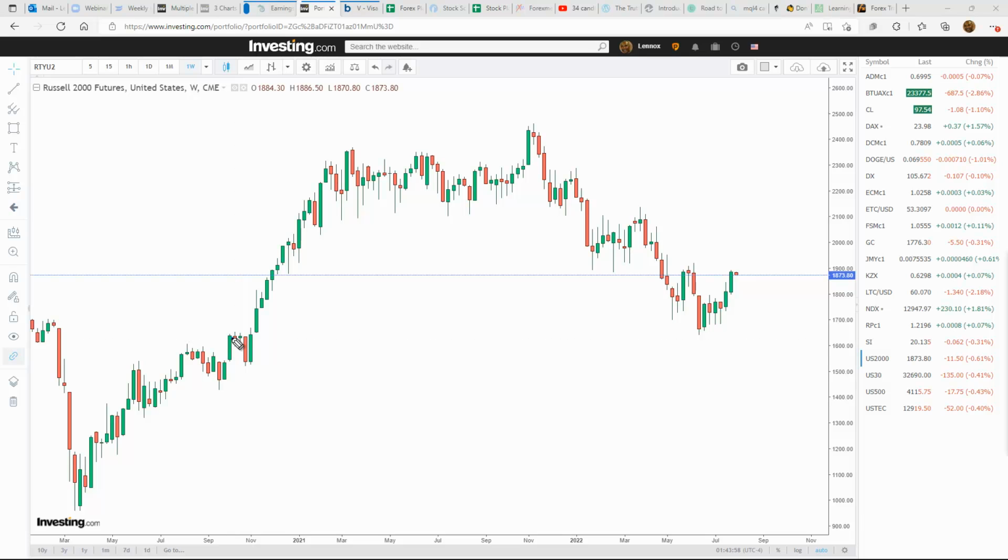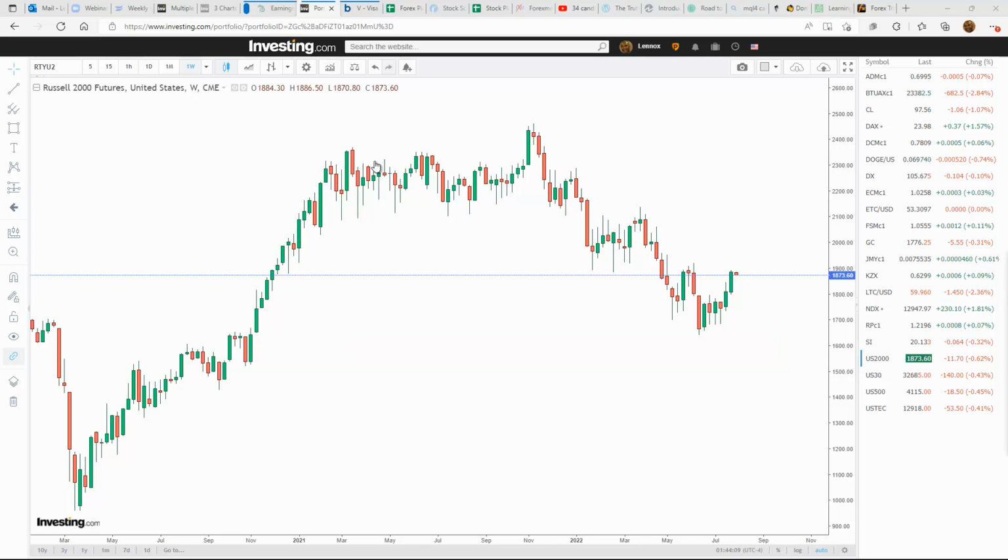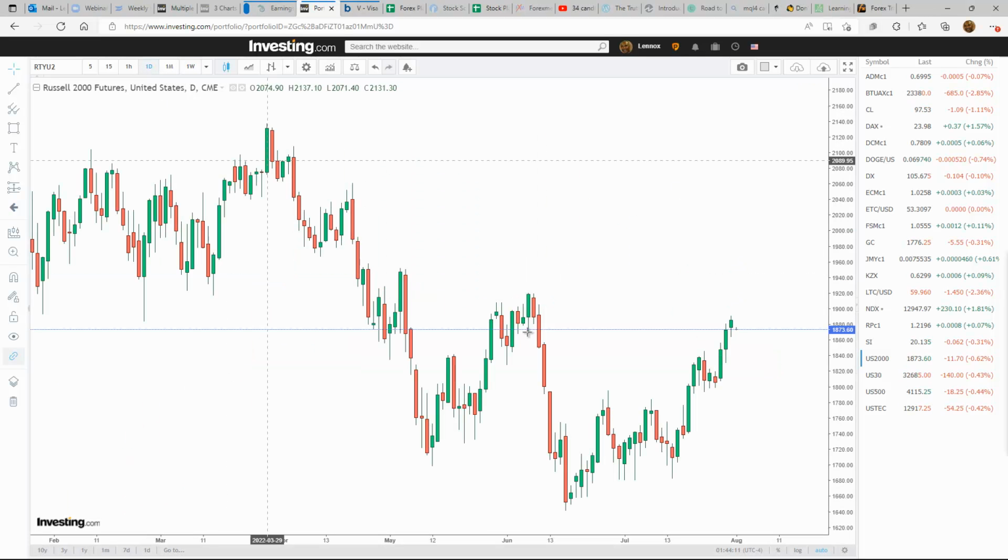Anyways, okay, and look at the Russell 2000, similar to the Nasdaq, but it did not make it down to its support area. Very close, but not quite touching. So again, more push to the upside is possible, but it's going to be more than likely a short-lived move, very choppy, and we're coming back into resistance. So I'm expecting declines in the indices this week. We might start off with some strength, but even if we do, it might be short-lived.